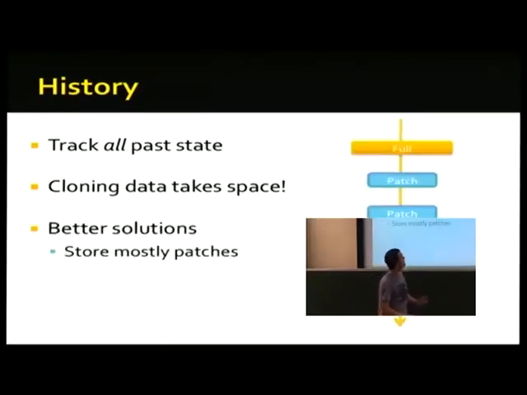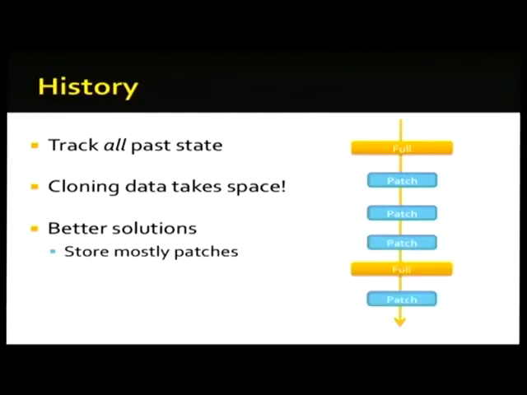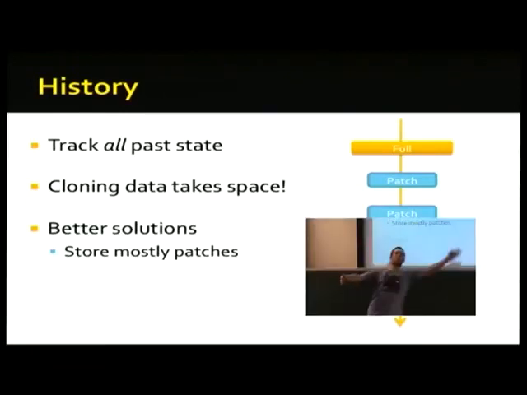One way to get around that is similar to what Git does, I'm pretty sure. They take a snapshot at some point, like the full version, and then after that they just store patches at each point. So what changed, what changed, what changed. If you want to figure out what happened here, you go back to the last full copy, you apply all those patches in a row until you get to here, and then you know what the memory was at that point. And of course you have to once in a while store these full ones. Otherwise, when you're accessing ones at the end, you have to start all the way at the beginning and calculate it all through, and that takes a long time.